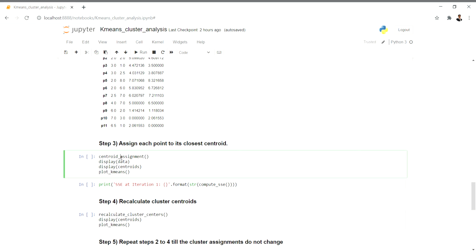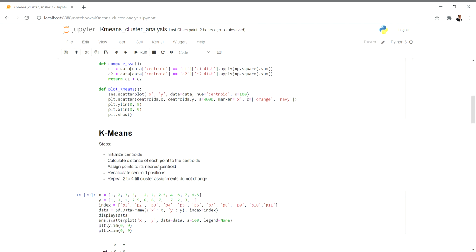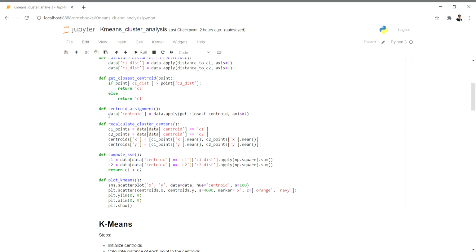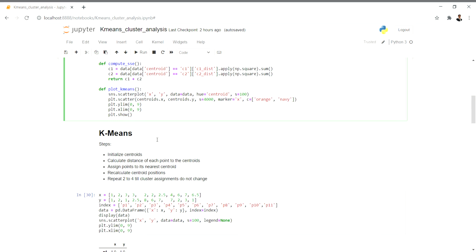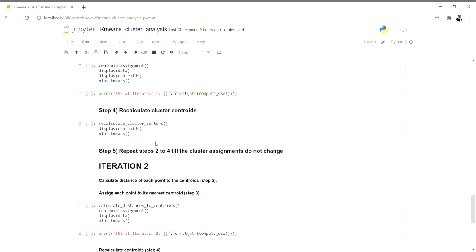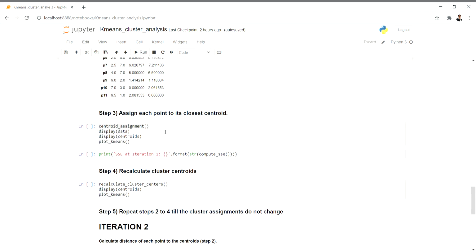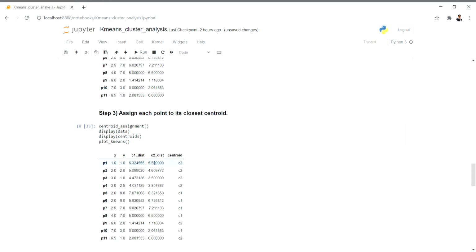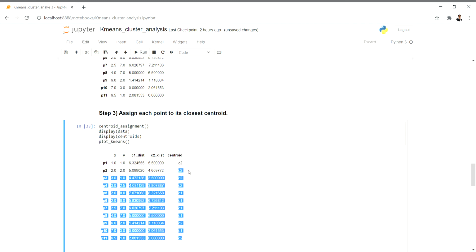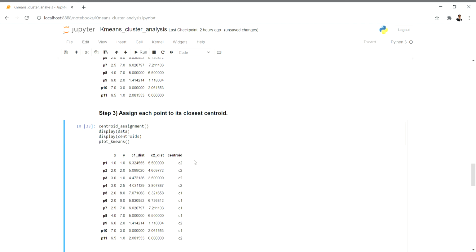For that, we are calling the centroid assignment which we have. That is this one. And in centroid assignment, it is internally giving the function call to get closer centroid. So it will redirect here, and from here it will actually do the comparison. So this is how it works. If I just run this, see, it is actually giving the labels to these particular points.